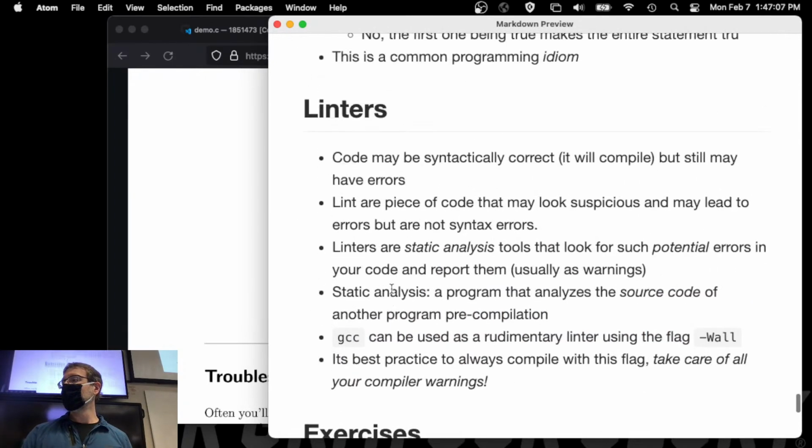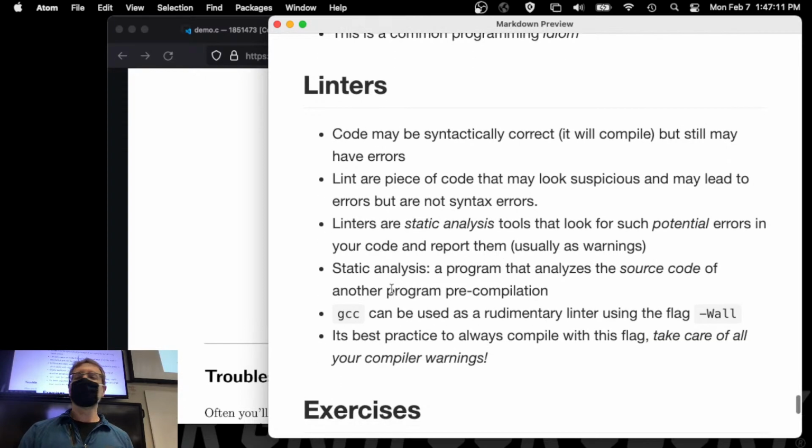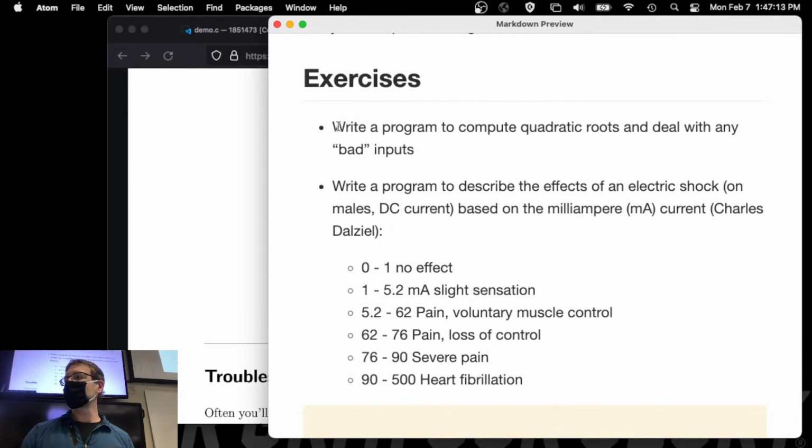All right. Any questions on linters or conditionals? Then let's do an exercise. This first one is going to be pretty simple. In fact, we've done parts of it before already. Let's go ahead and write a program to compute roots, quadratic roots using the quadratic equation, and deal with any bad inputs. So first of all, we're also going to use this as an opportunity to get more practice using